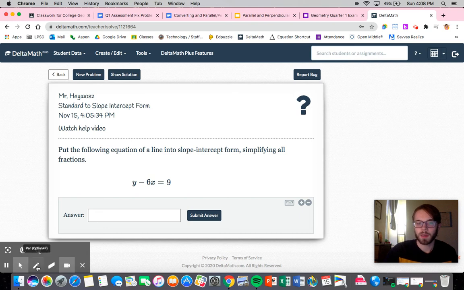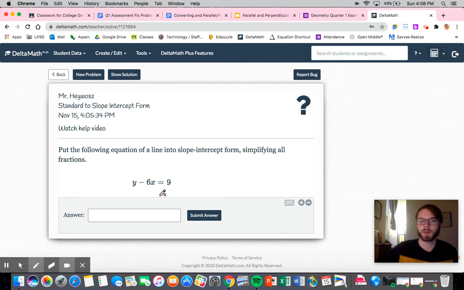Hi everyone, just wanted to take a moment to go over converting between standard form and slope-intercept form, as that is something that you're going to come across many times, in particular when you're dealing with particular applications of lines and things like that. So again, as a reminder, standard form is of the form ax plus by